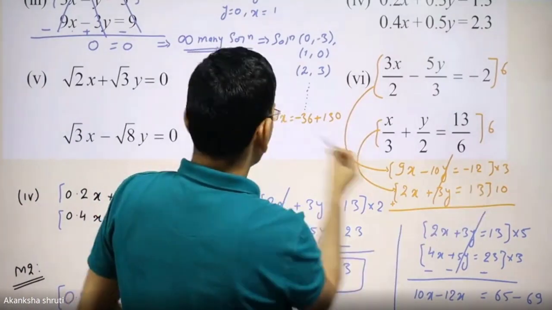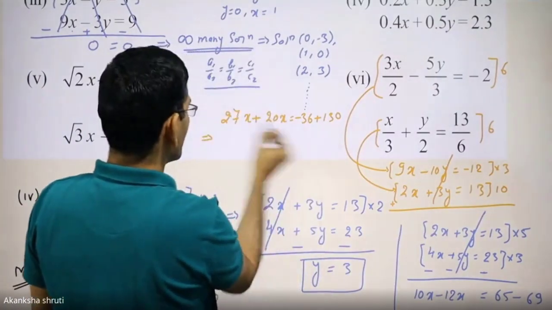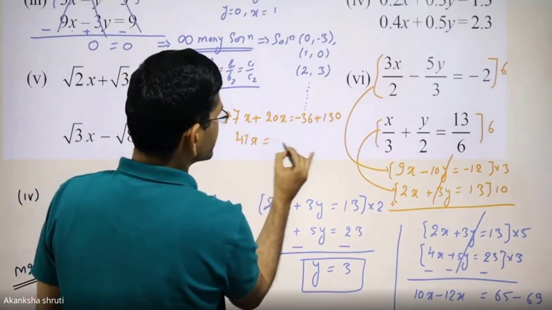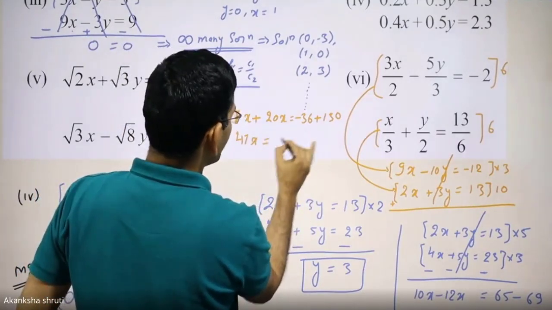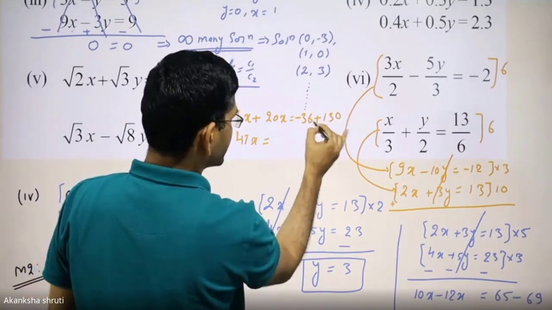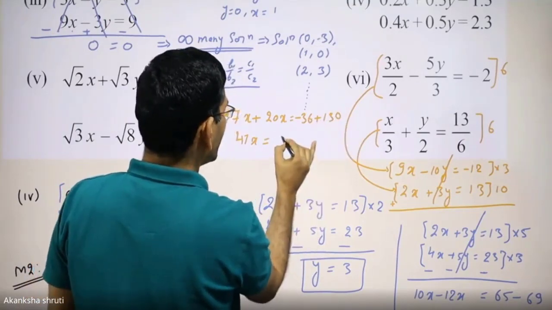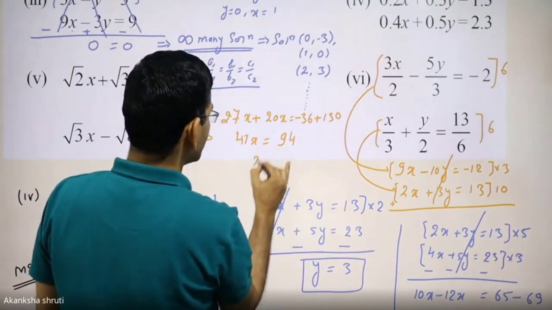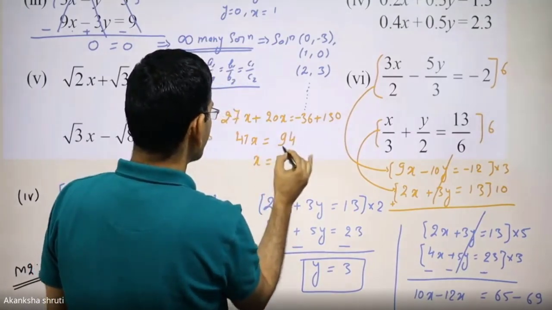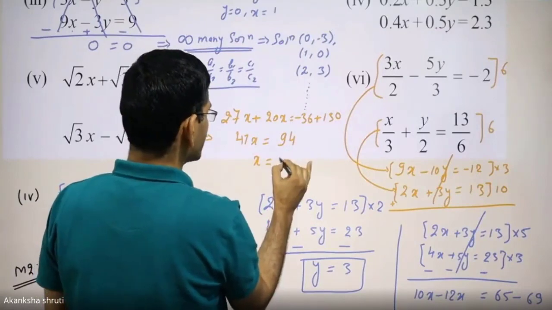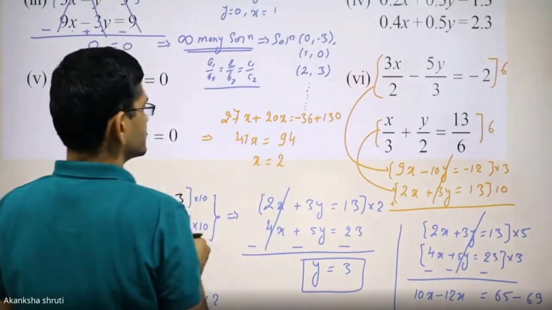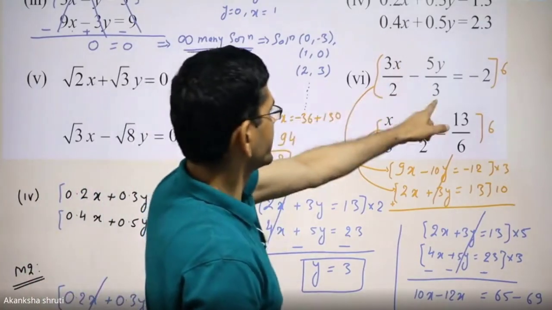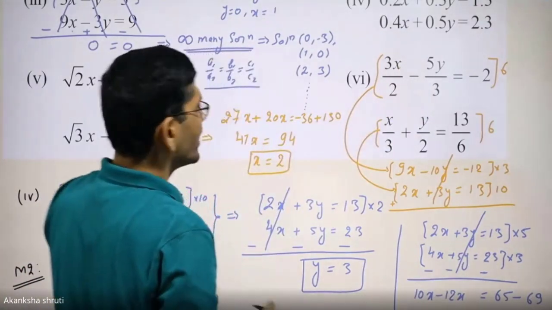so from here we are getting this, go for adding, it is our 47x is equal to minus 36 plus 130, it becomes 94, so x is how much, 2 times, x is 2, so x value is 2, so x value you will get here is 2।